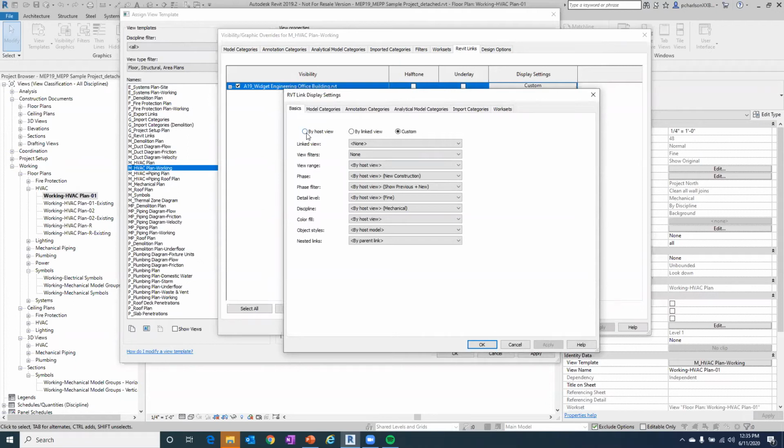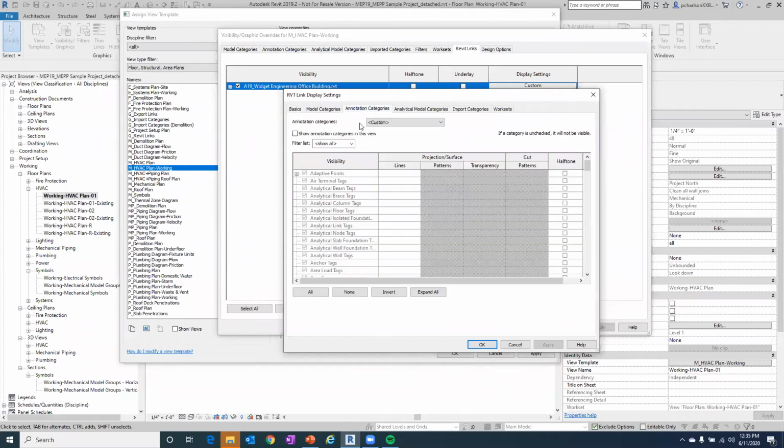That means whatever you've got set in your model categories, your annotation categories to be checked on, checked off, and how it's represented, that is how it's also going to represent in the link files. Now, oftentimes you want to be able to turn things off that is in those linked files. So oftentimes annotation categories, grid lines, level lines from the linked files, we don't necessarily want to see within some